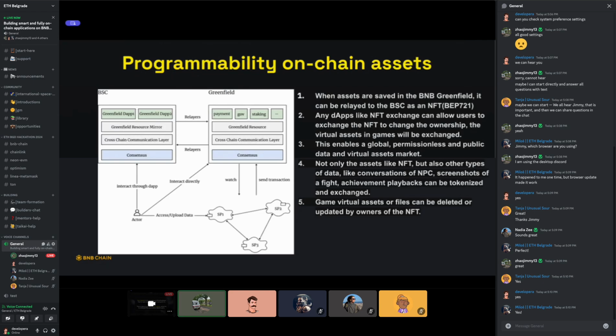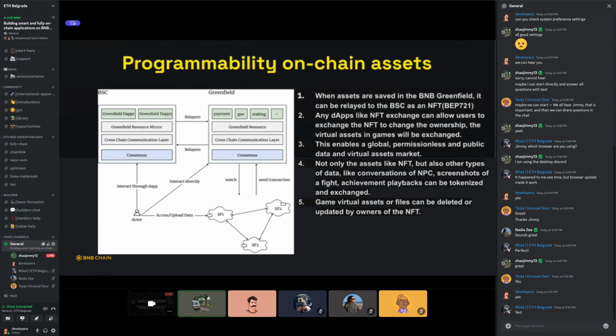From the user perspective, if you want to interact with a Greenfield object through your dApp, you can just interact with the smart contract on the BSC. The event on the BSC smart contract will be relayed to Greenfield to manage the object on the BNB Greenfield side.